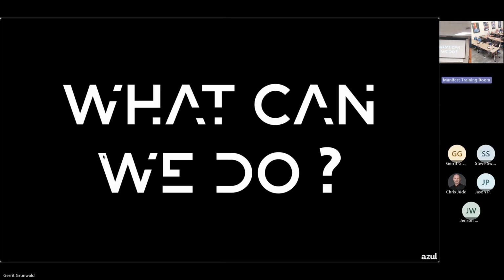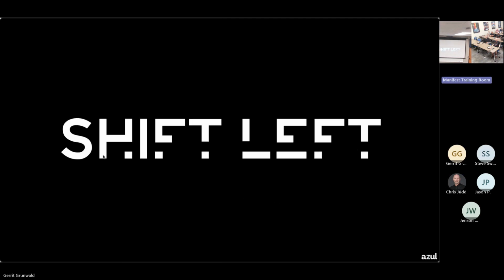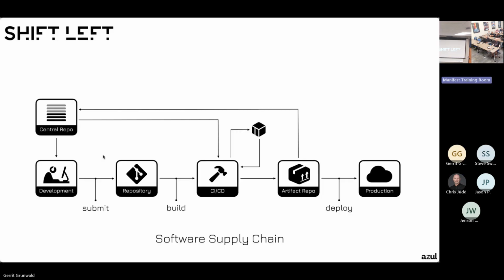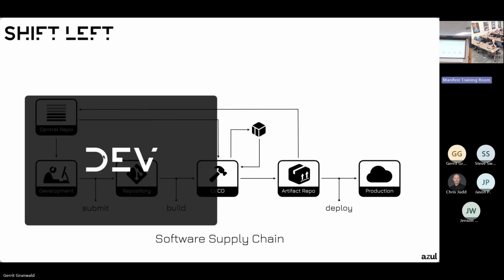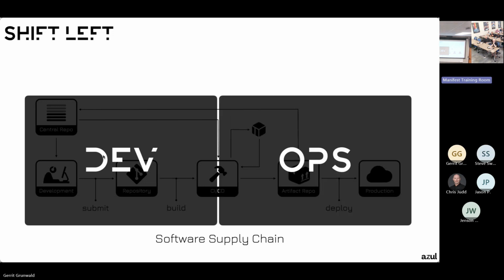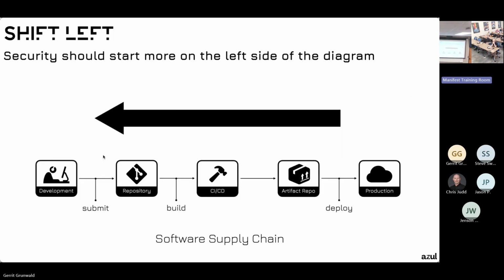So what can we do? That's the big question, right? There are several things. So there's one thing which is called shift left. Who heard about that? Yeah, probably a lot of people. If we have the software supply chain, because this is mentioned quite often, shift left, so what does it mean? Then we usually have the dev part on the left side and the ops part on the right side. And shift left just means that the security awareness should more go to the left side, to the